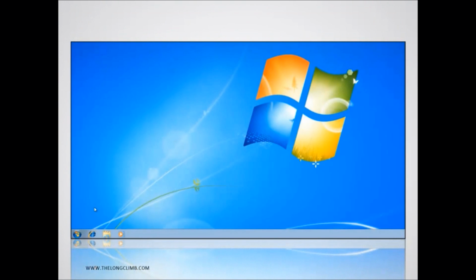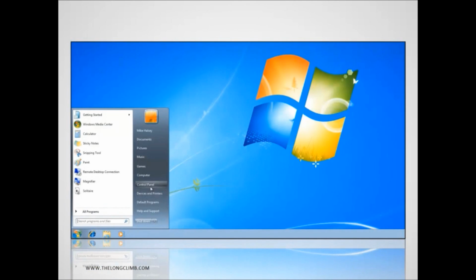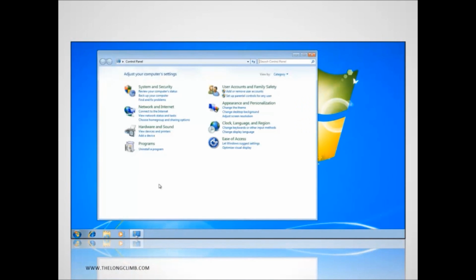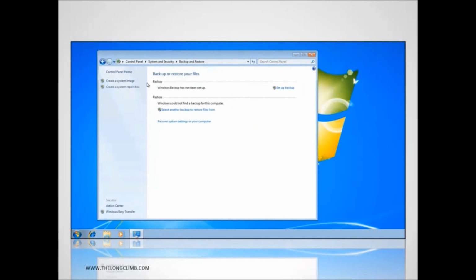In order to perform a system image recovery, you first need to create a backup copy of your Windows installation, which you can do from the control panel. In the System and Security section, you want to click the link Backup Your Computer. In the blue panel on the left hand side, there's an option to create a system image. Now you'll need an external hard drive, another internal hard drive, or a series of DVDs to save this image